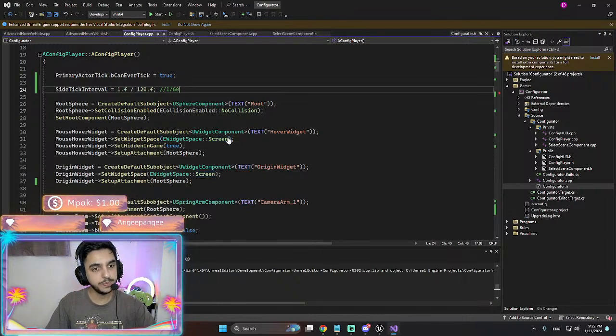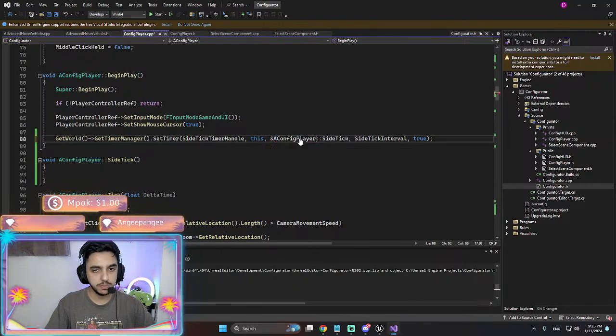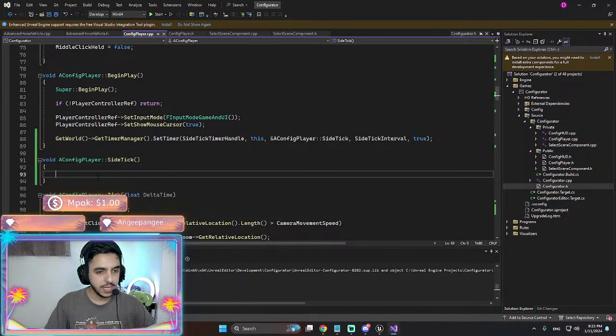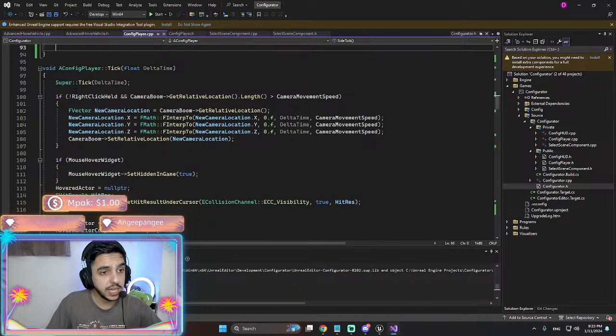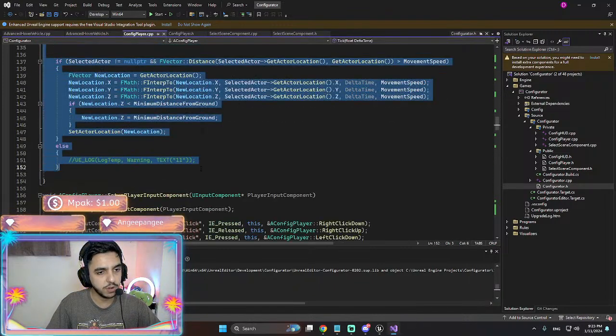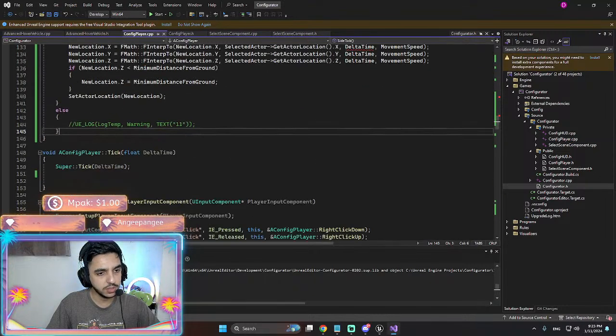What did I just do? I added this side tick number, and then this should be a config. Okay. Easy as that. Wasn't that complicated. And then I'm gonna copy anything I have from tick function into my side tick function.